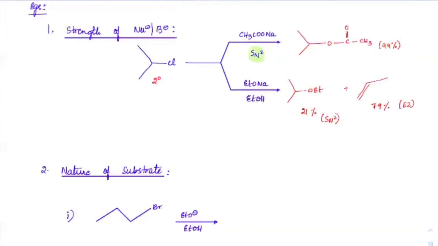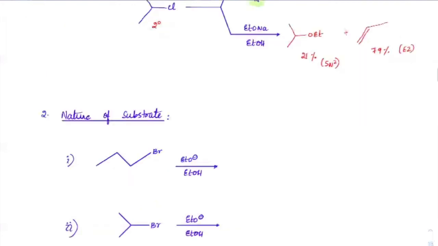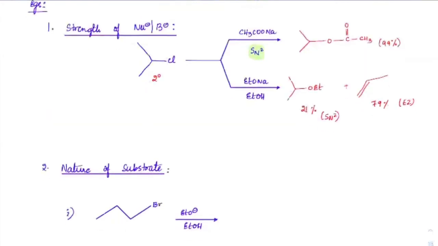By the time it becomes third degree, you will hardly see any SN2. Everything would be E2 product. Even though we are operating at room temperature, that is an important point you need to check. Even though the temperature is not very high, because this EtO minus comes from this list, right? It can act like a strong nucleophile as well as a strong base. So it is giving elimination as the major product. I think all of you understood that. Please make a note of that question.